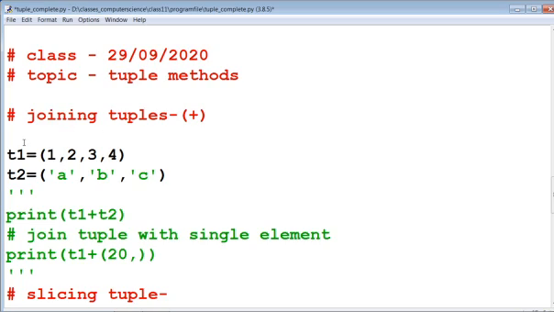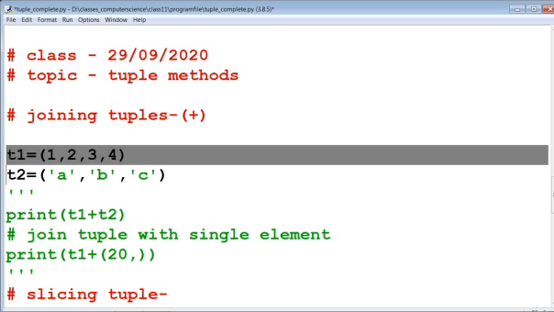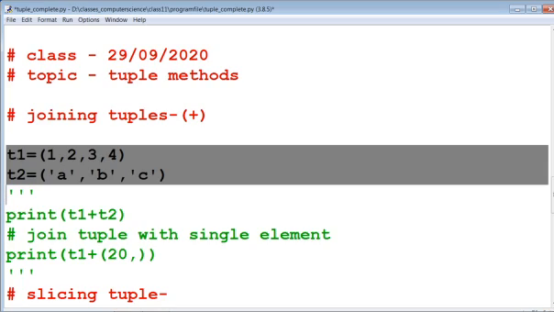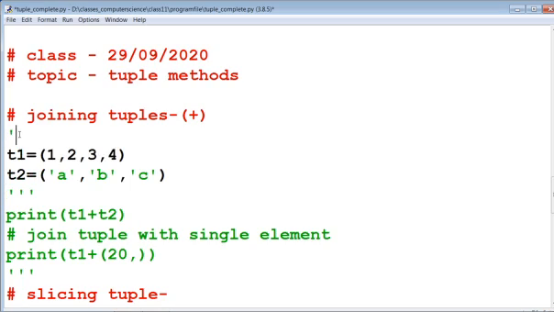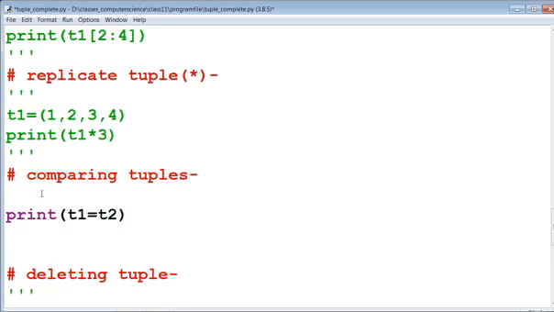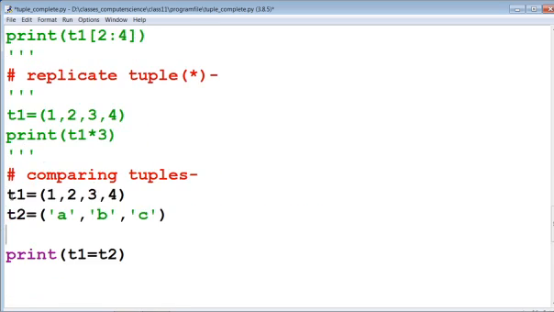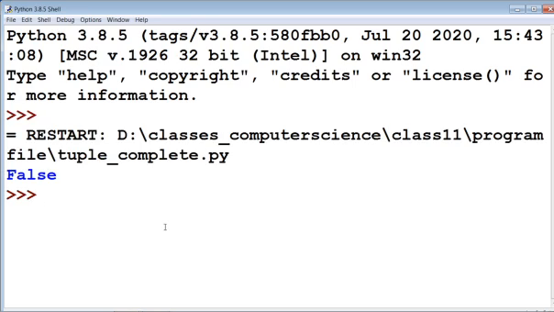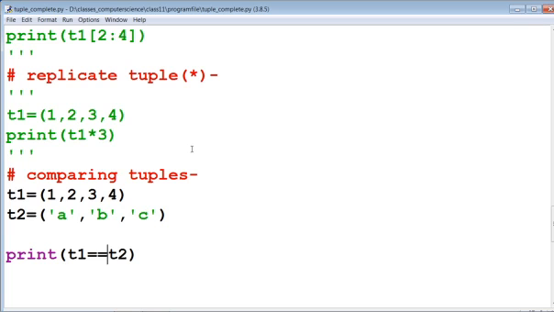What is the value of t1 and t2? t1 is 1 2 3 4 and t2 is a b c. Now we are comparing t1 equal to t2. Print t1 equal to t2. Now check the result. It's false because here the elements of t1 and t2 are different. You can see that t1 equal to 1 2 3 4 and t2 equal to a b c.